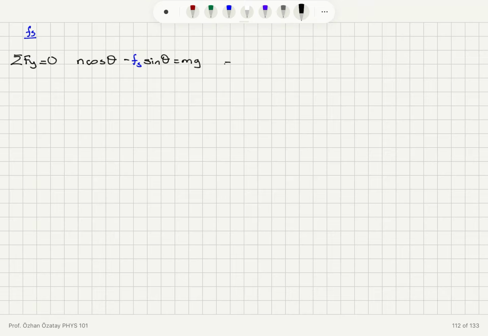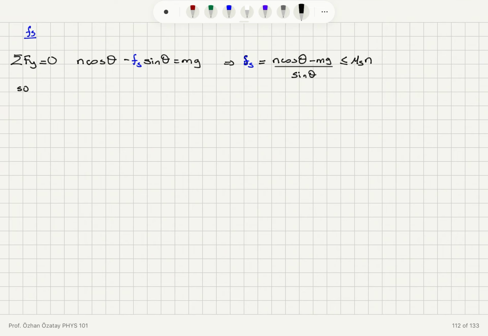So this gives me for the static friction, fs is equal to (n cosine theta minus mg) divided by sine theta,